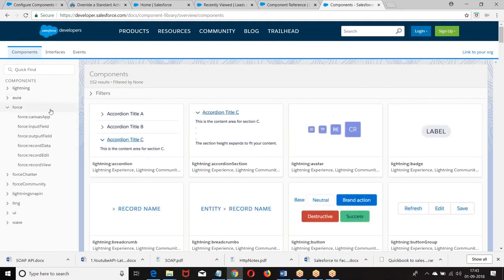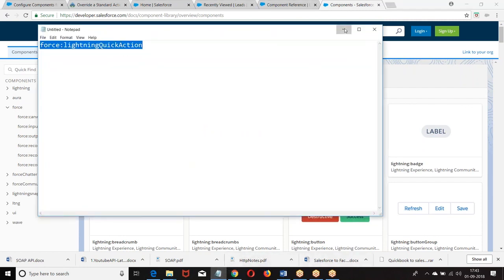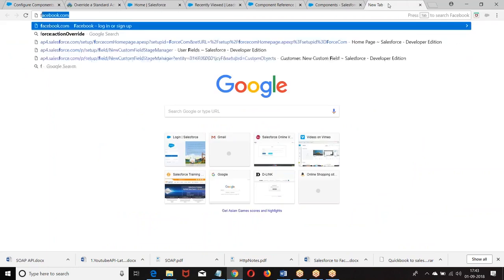Force colon. So we have force:lightningQuickAction. Let me show you here.